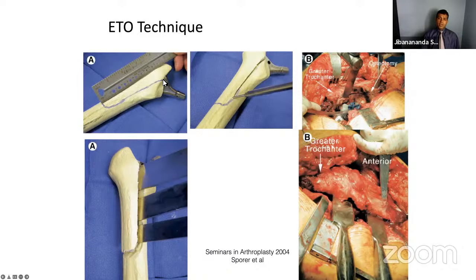The top part of the cut, I like to do it right over the shoulder of the stem if possible. Many times people do it a little bit lower down and it's very difficult to lift up. Now, obviously you have to be mindful not to make it too thin, but typically you get away if you stay right along the shoulder of the stem. Typically, that will be easy to go with the saw across or even the osteotome across to lift the fragment up. At the bottom end, as it's shown, I use a pencil tip burr to curve it down. If you make it a rounded end, there is less risk of a stress riser and propagation of the fracture. Many times, I would also put a wire distal to the osteotomy to prevent this propagation or distal